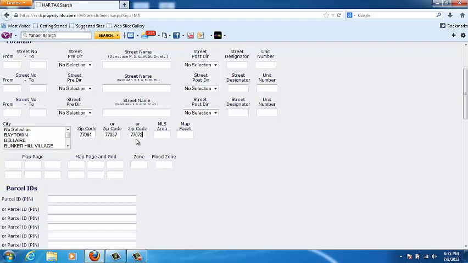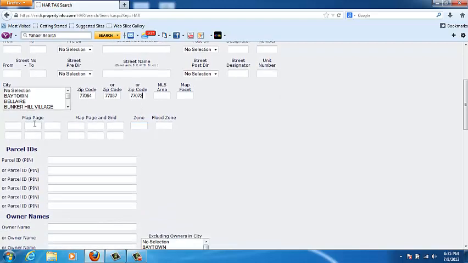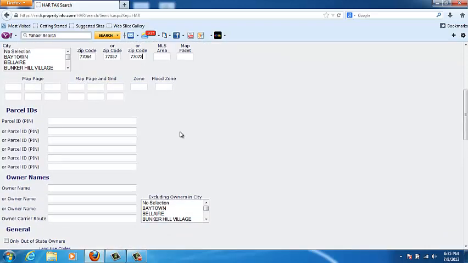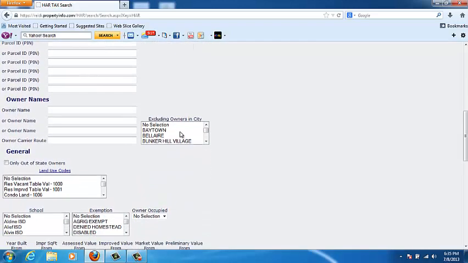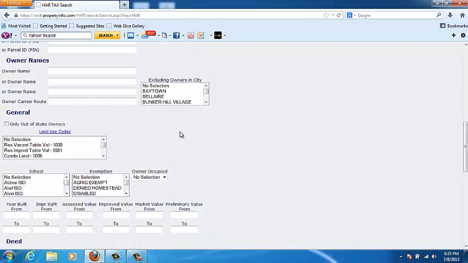So I'll pick 3 zip codes, and then I really don't care about the map page. I'm not too worried about the grid, the zone, the flood zone, parcel IDs, owner names. Now the next section I'm considering here is the general, where you can select only out-of-state owners, which if you want, you can select right there, and that'll narrow down your list by a lot. Or you can